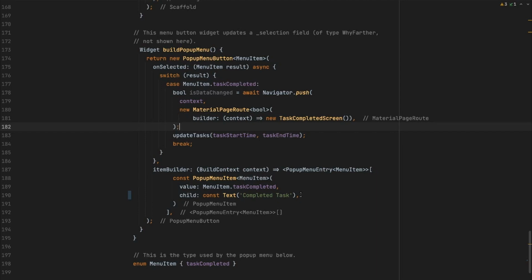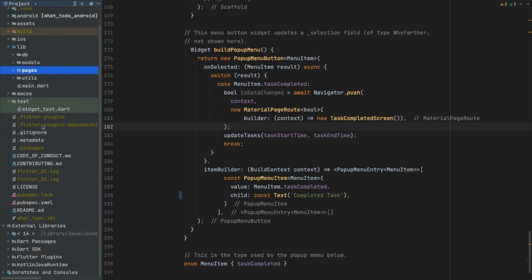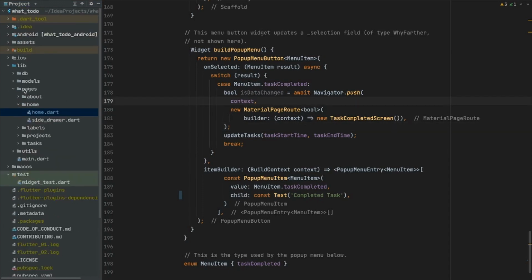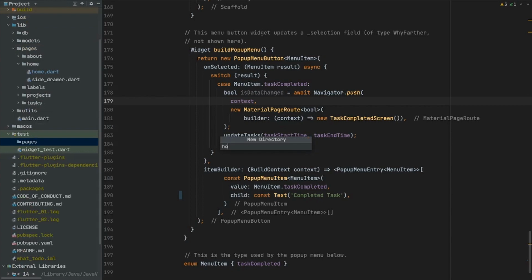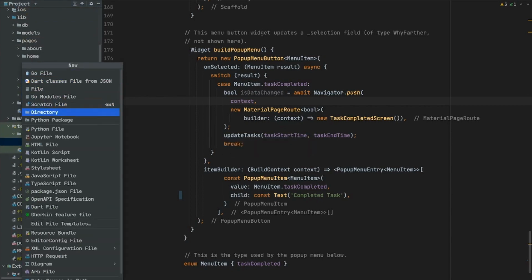So basically there are multiple ways, but in this case, you can try two ways to write this test. One is to test the entire screen and verify this text, and another one would be to just verify the small widget. Let's start with one. So we follow the same folder structure we use for the production code. So here our home page is in pages and home. So in test we'll create a folder called pages, and then we'll create a folder called home, and then we'll create a file called